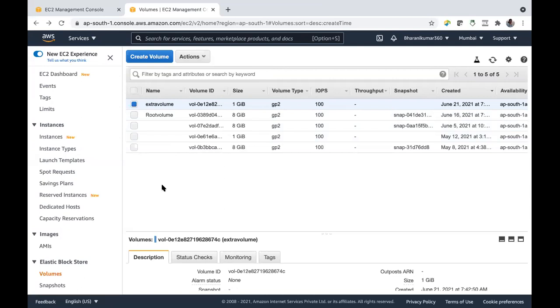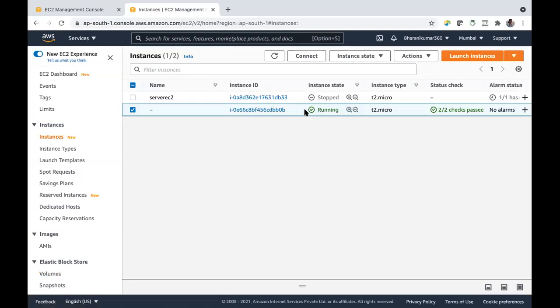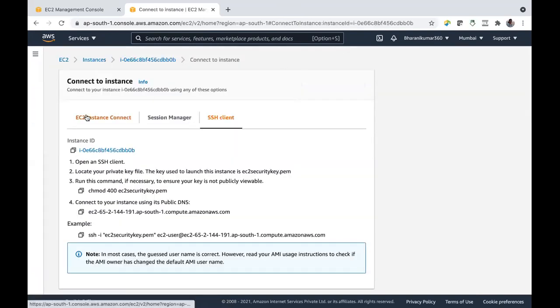Now internally at OS level, you have to mount this volume for your operating system, your Linux kernel. Even though this external disk is attached to the computer, it will not identify it, it will not consider it. You have to mount it. Clear? So for that, we need to connect to our instance first. You can connect through SSH or through browser. Anyone is fine. I'm using my browser.